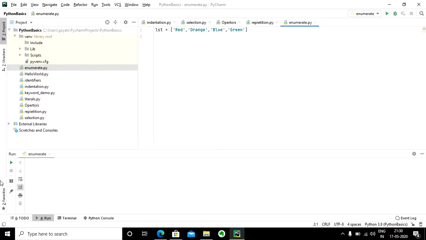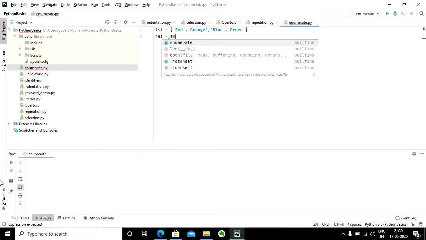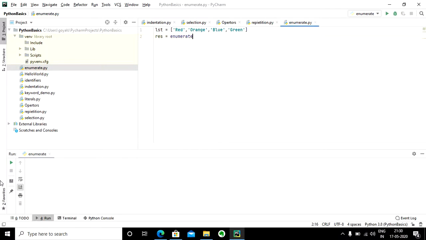So what I'll do is use a function called enumerate. For example, let's say I've got a result variable, res. Then I'll use res equals enumerate lst. This will convert this list object into an enumeration object. So what does enumeration actually mean?